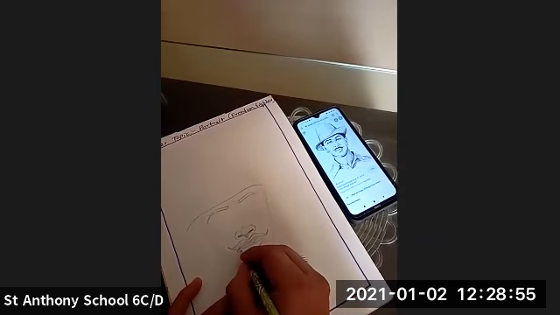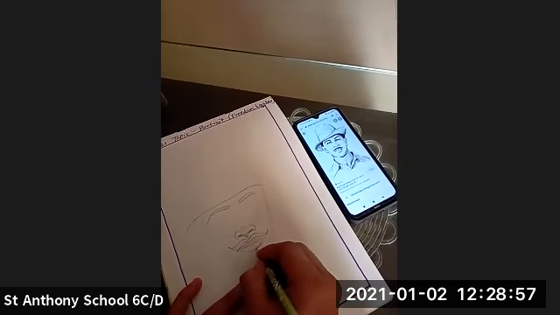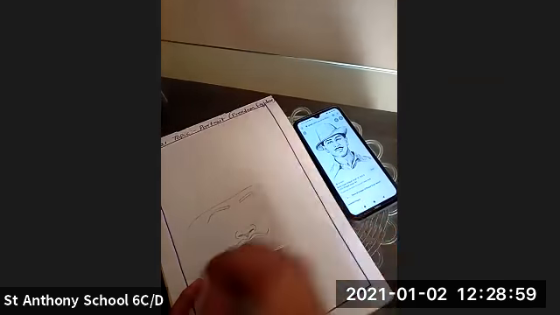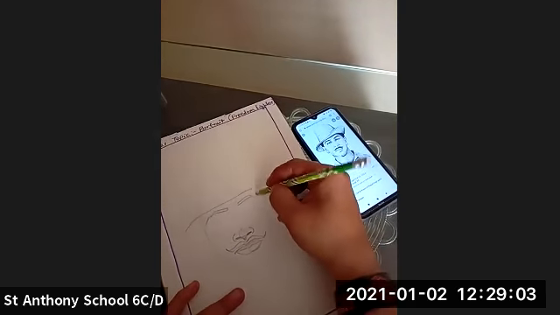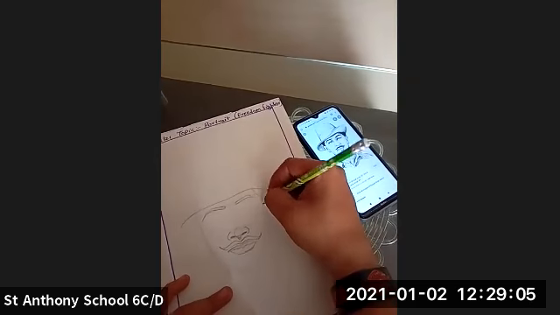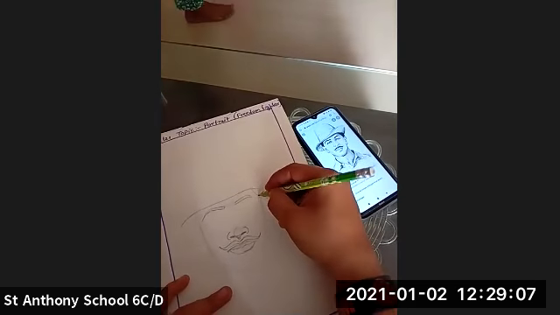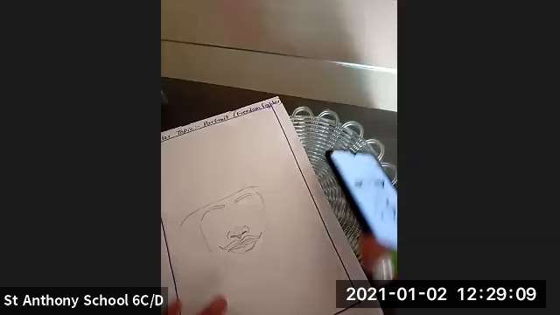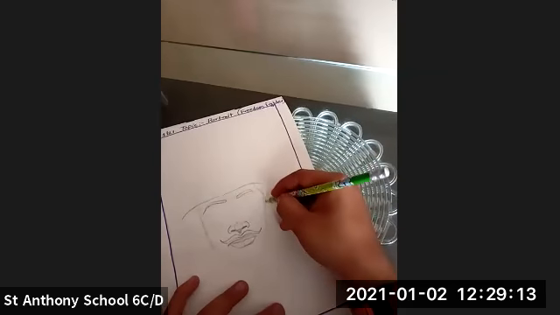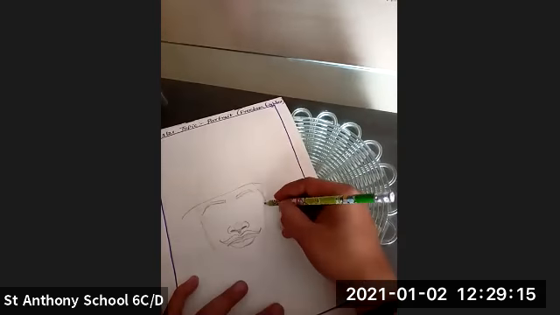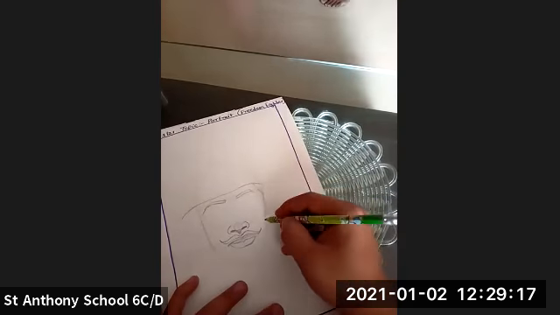You can make the portrait. And then you have to start making this. According to this, you have to draw the jaws.